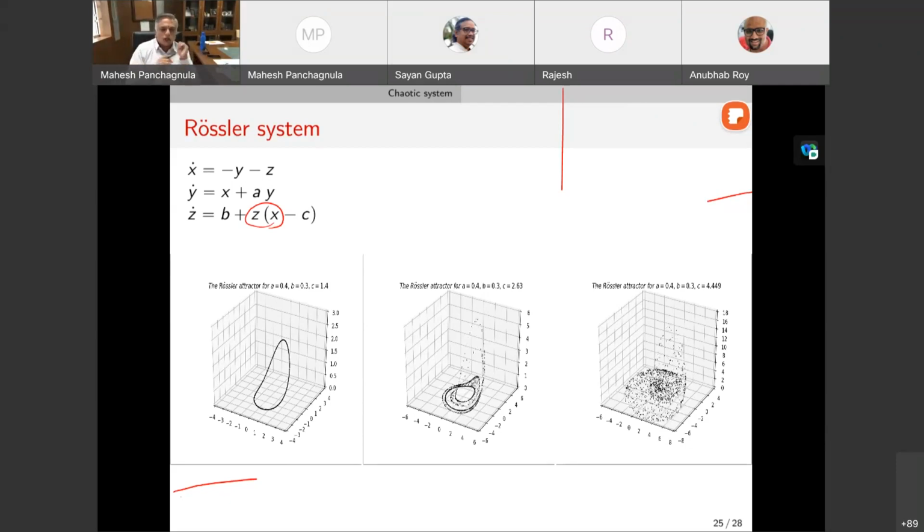So if you think of it, if I was to now convert this Rossler system into a map, imagine I draw a plane right at z equal to 1. Z is my vertical axis. If I draw a plane at z equal to 1 and look at where this trajectory crosses in the upward direction. Okay. In the first case, there's only one point where the trajectory crosses in the upward direction. In the middle panel, there are 2 points where the trajectory crosses in the upward direction. Actually, if I was to draw it slightly below that, there are actually 3 points.